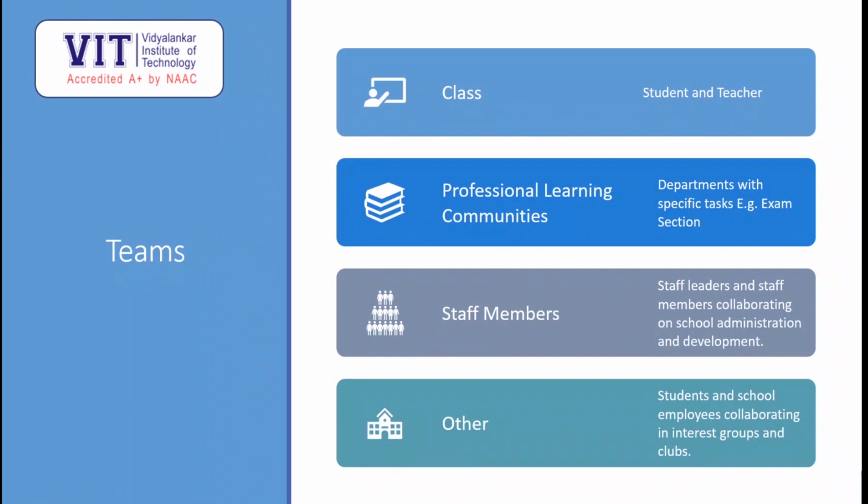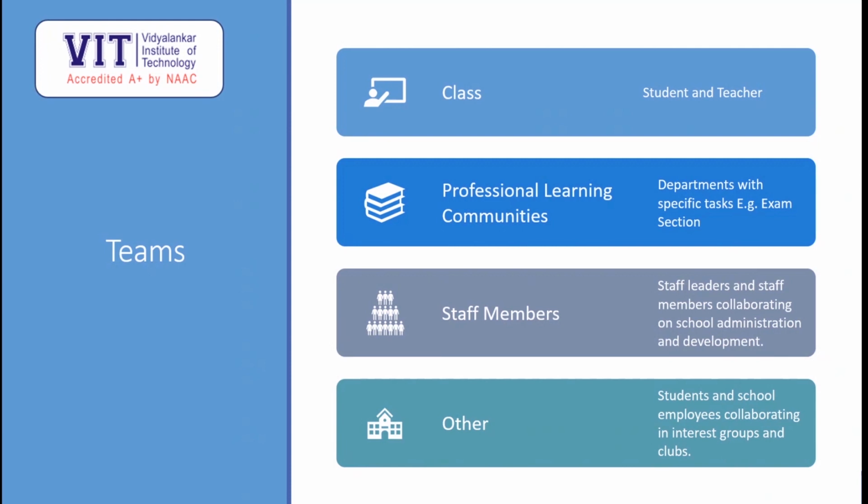The main difference between the other group and class group is the relation between a student and a teacher. In the class team, a teacher will have full privileges while students will have partial privileges for access. While in other group, all the privileges for the students as well as the college employees will be the same.